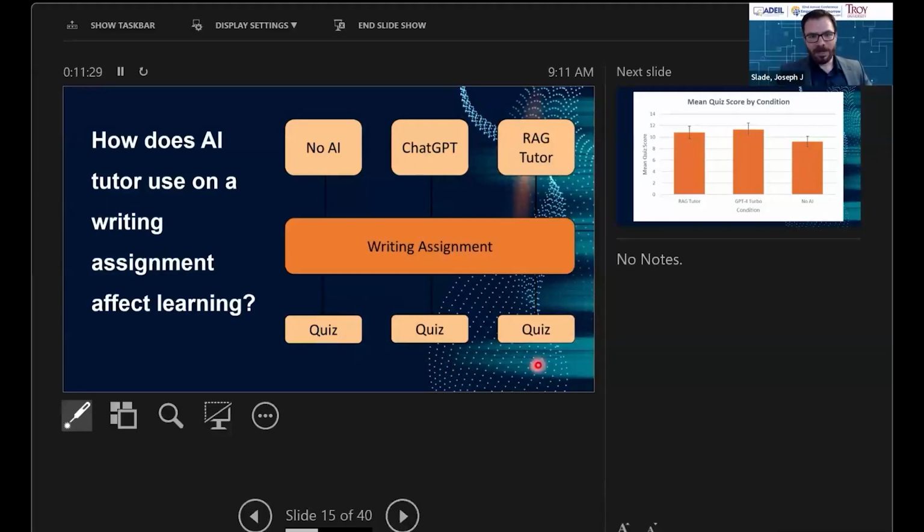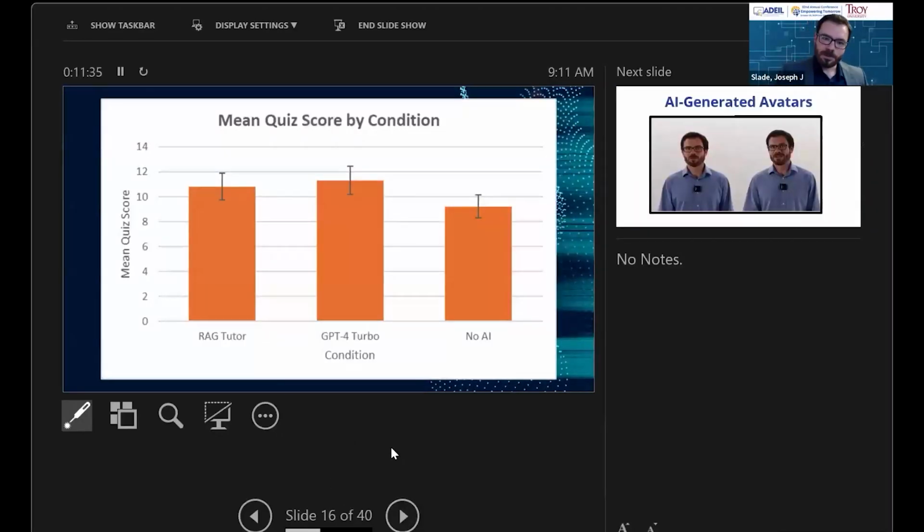And then after they completed the writing assignments, again, we gave them that same quiz to see if there was a difference in learning. And in this particular experiment, we found that in the ChatGPT condition, their scores were significantly greater than the no AI condition,